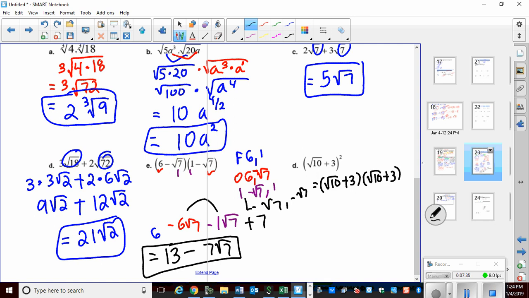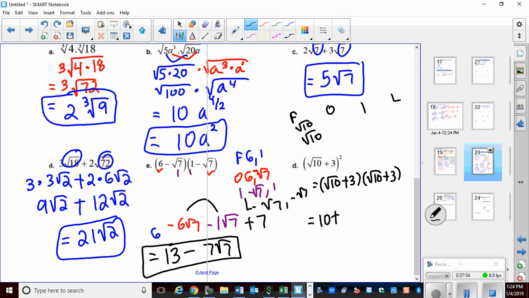And we're going to use the same method. My suggestion is that you write it down. So we have FOIL. And I write the numbers down so it makes it easier for me to do what I need to do. So the square root of 10 times the square root of 10, that's going to give me 10,